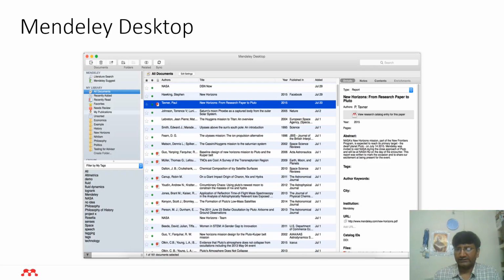So how to use Mendeley? Once you have logged in to your Mendeley, it will not look like this. This is when you have built up your library. So how to use Mendeley Desktop? Once you have built up your library, it looks like this. This is a screenshot from a Mac desktop, and the Windows version looks a little bit different, but has the same functionality. There is no difference in functionality on Mac, Windows or Linux.